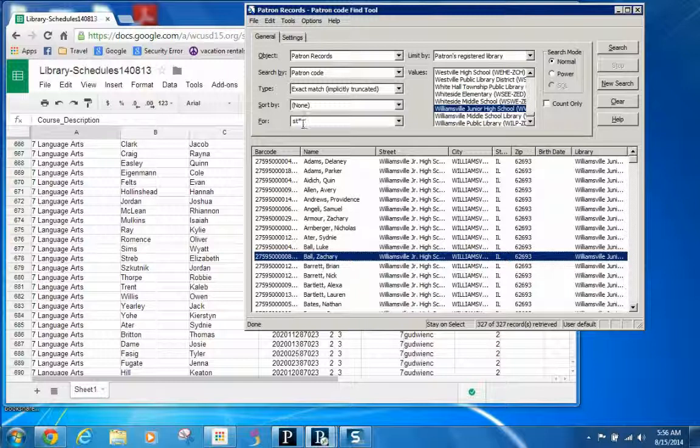And this is something that you can do whenever you're searching and you're not quite certain of spelling or not quite certain of the full title or full name. You can use either an asterisk or a question mark. And I've limited by patron registered library, Williamsville Junior High. Now I've already been working in this, and I'd already selected some kids for an earlier class. I'm going to drag this back up to the top,